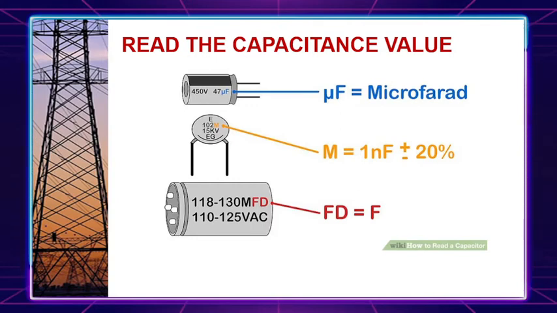Another thing, class, don't get thrown by the FT symbol or letter. This is just another abbreviation for farad. Okay? Beware also of single letter markings such as 475M. These are usually found on smaller capacitors. Okay. So next